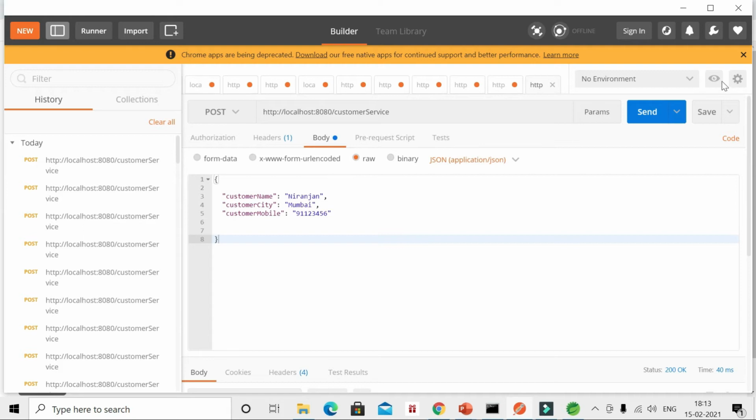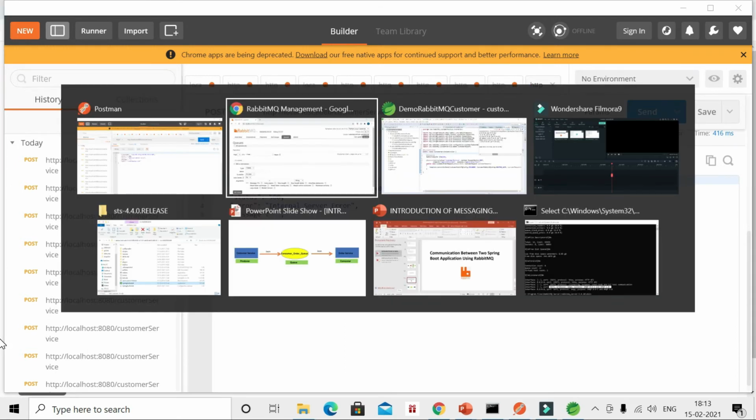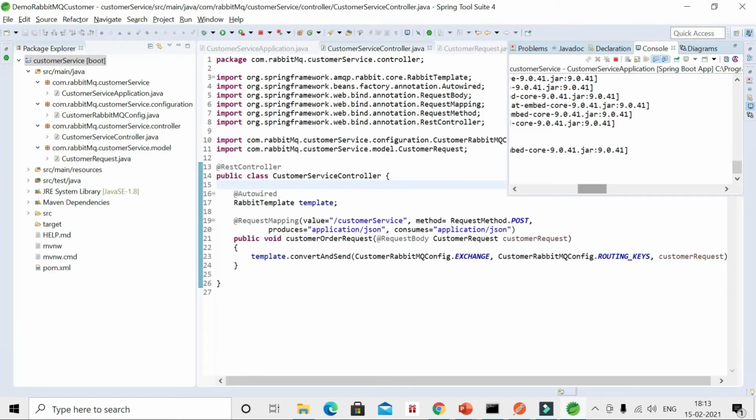This is our customer name, customer city, and customer mobile number. Name I gave Niranjan, Mumbai, and a mobile number. This is not my mobile number. So yeah, 500. Okay, so we got some error here.